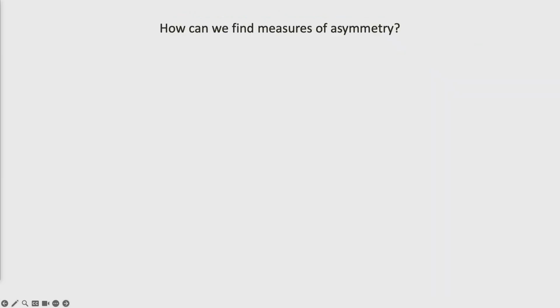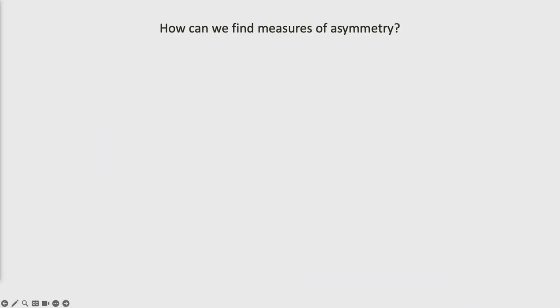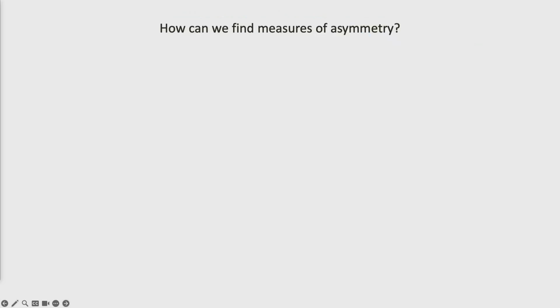So then you want to know, how do you find measures of asymmetry? Now, before I get into this, I could tell you many more details about this resource theory. I could tell you a long story about the conditions for deterministic conversion, and there's a story about Noether's theorem, and all this interesting stuff. But we don't have time, so I'm going to just tell you a little bit about measures of asymmetry so that we can get back to our motivating example. And then near the end, we'll talk a little bit more about philosophy. So I'm going to focus in on finding measures of asymmetry.